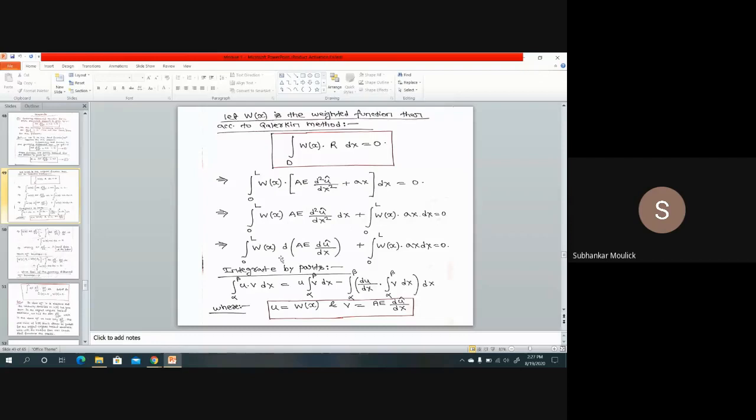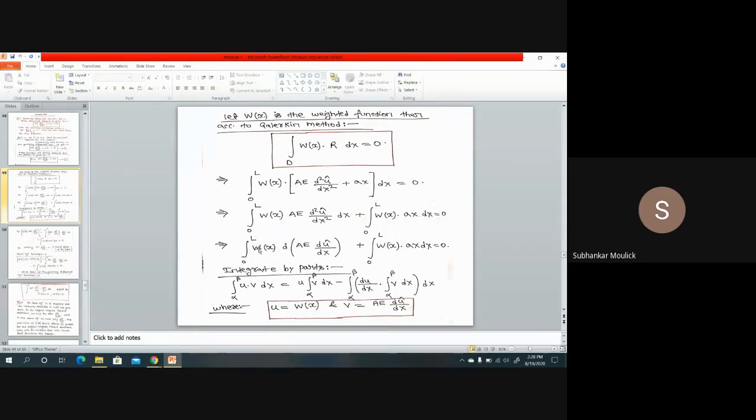Now, if you see the fourth equation, in this particular integral I have reduced the differentiation order on u. Earlier it was d2 u cap over dx square. Now it is du cap over dx. But this d is present. If you multiply this d with du cap over dx, again this term will come. I have to shift this d to this w.